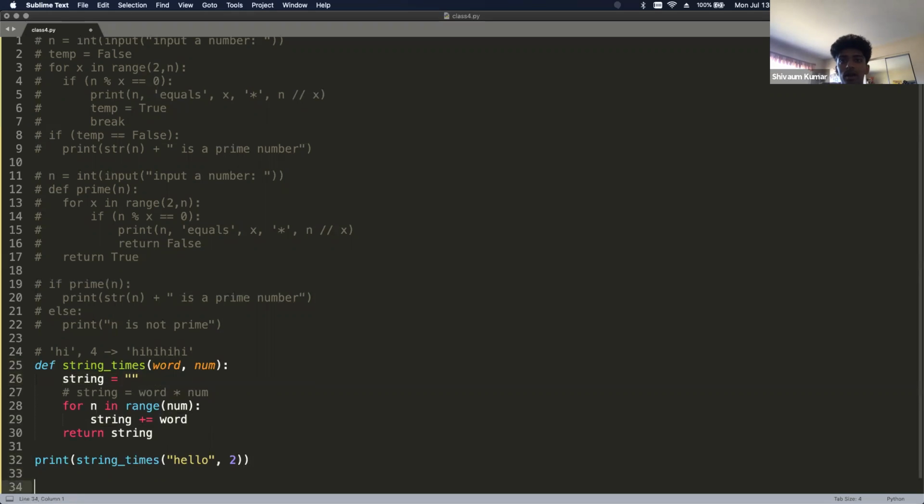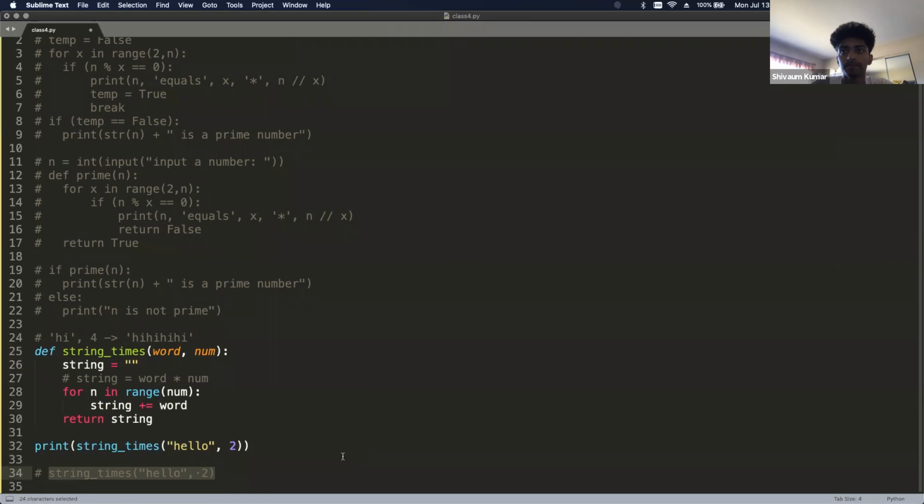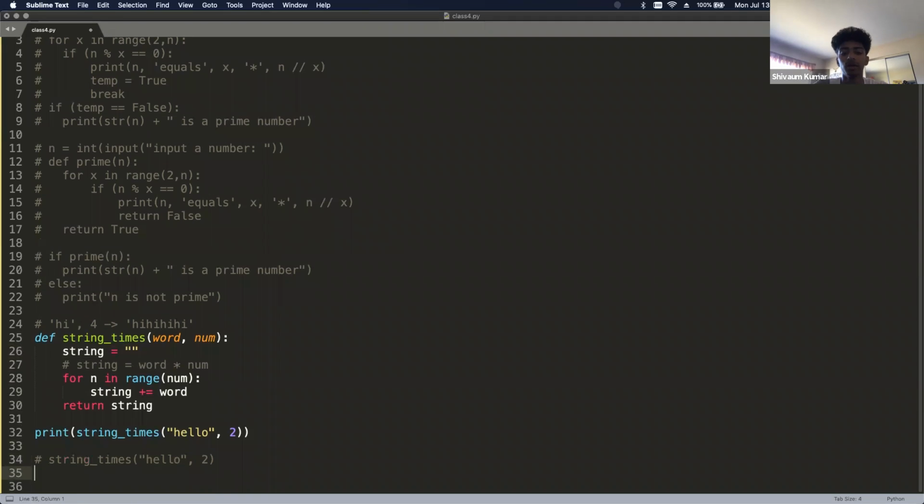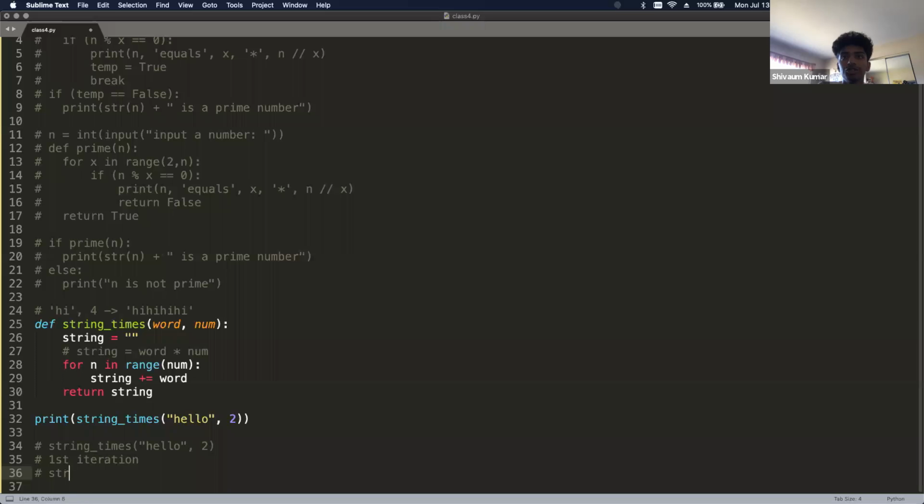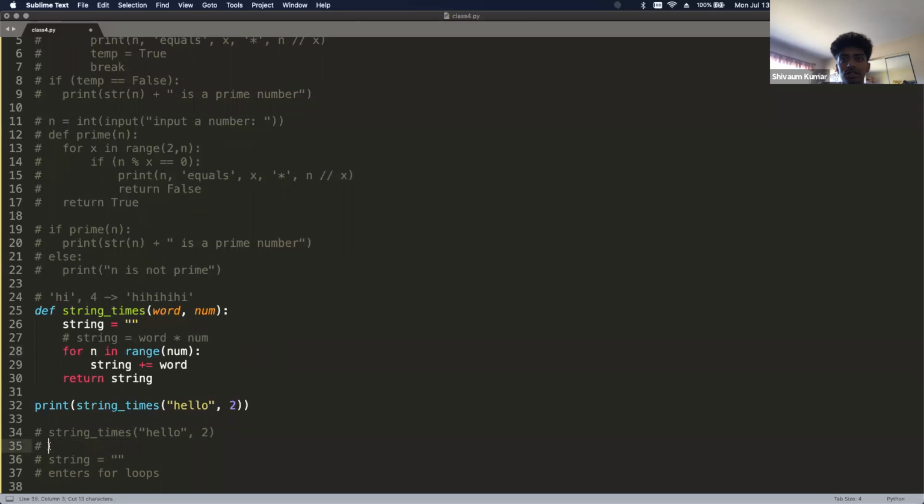So if I were to show you how this process would work, we can call string times. So I'll show you if we were to call hello and 2. So this is what we're calling. The first time that we go through it, I'll call it the first iteration, we have string equaling to that, and then it enters the for loop.